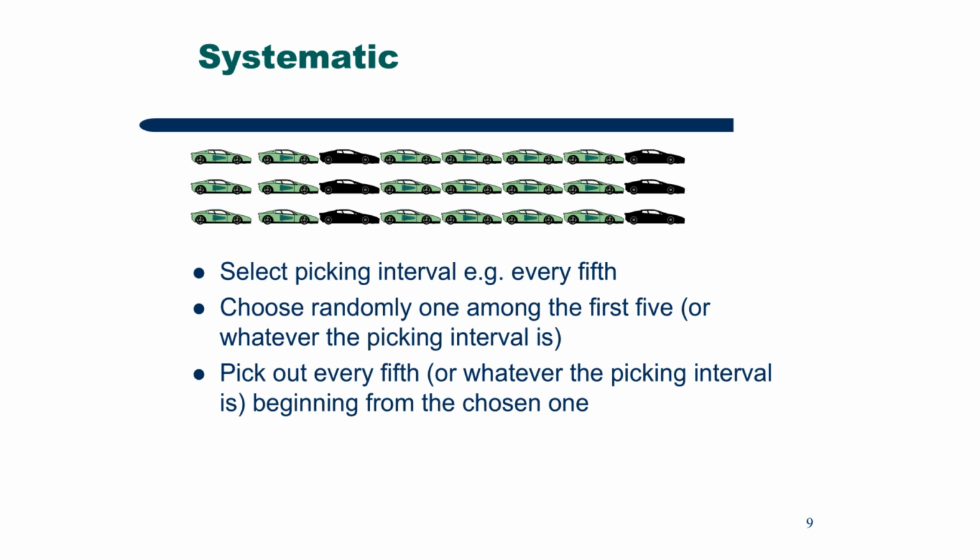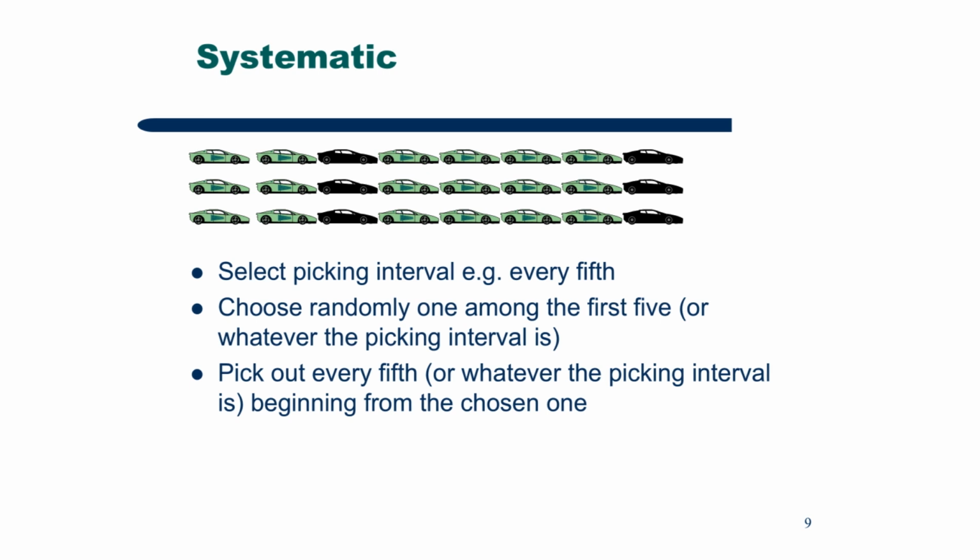Pick every nth item. Starting from the chosen point, select every fifth item, or whatever the interval is, throughout the population list. Example, if the interval is 5 and you randomly choose position 3 as your starting point, then you would pick individuals at positions 3, 8, 13, 18, and so on. This method is simple, efficient, and useful when the population is logically ordered and you want to ensure a spread-out